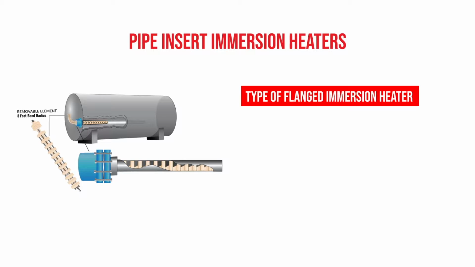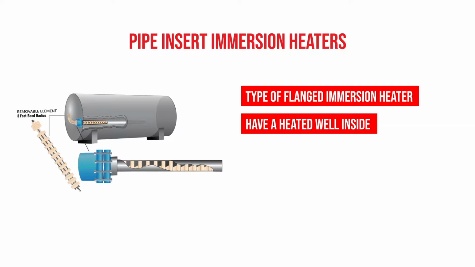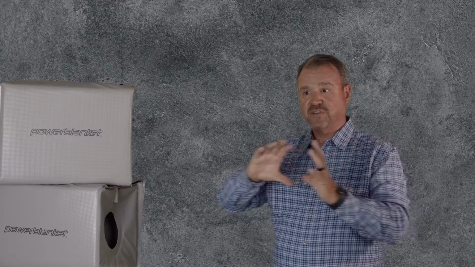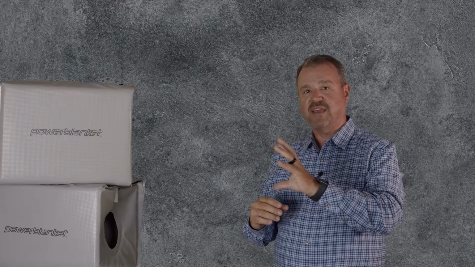It's really common for people to kill their steam coils and put a pipe insert immersion heater right over the top of their steam coils. Pipe insert immersion heaters work really well because they actually have a heated well in them. They take a flange, and where normal flanged immersion heaters have heating elements that are installed into the tank, when that normal flanged immersion heater is installed into a tank, you have to drain the entire tank to replace the